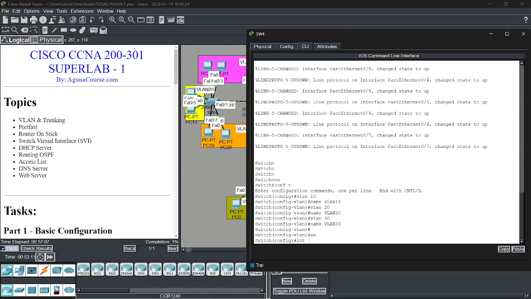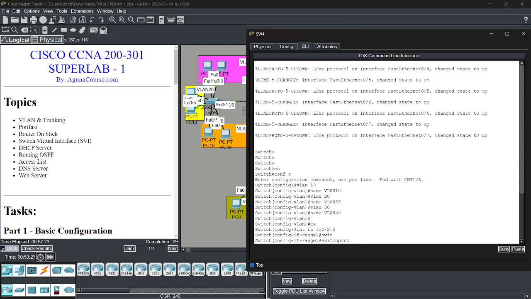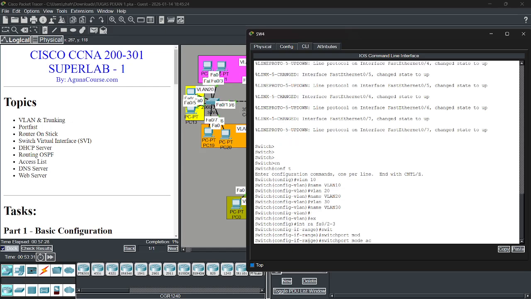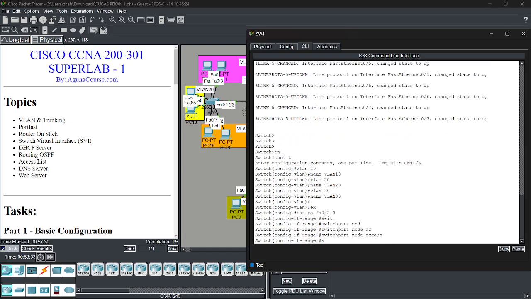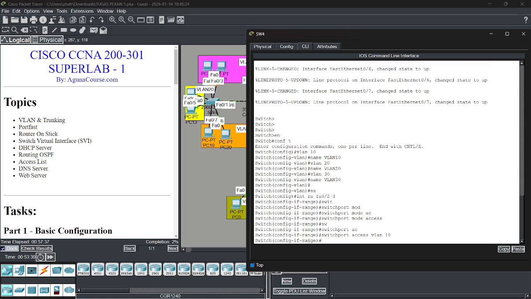Interface FastEthernet 0/2-3. Switchport mode access, switchport access VLAN 10, and then interface